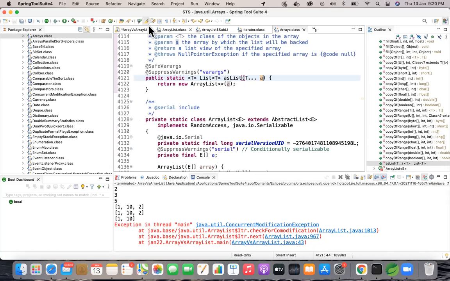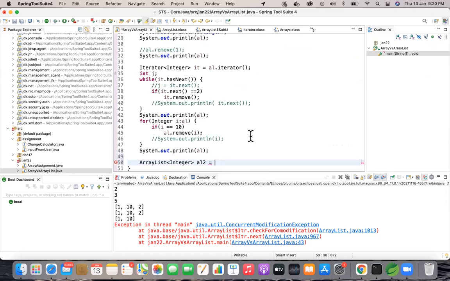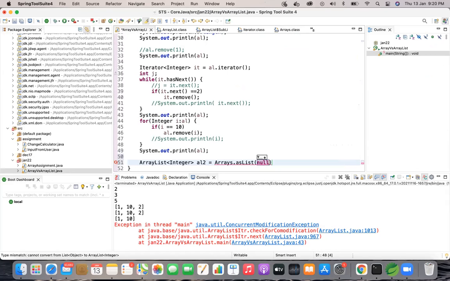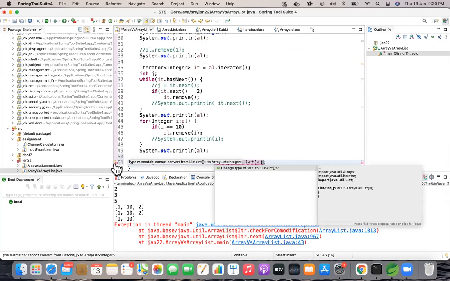Just write Arrays, control space, dot asList of, which will accept one integer array attribute. So you have already created an integer array above, which is S. So give S and save. What is happening? Oh, okay, fine.